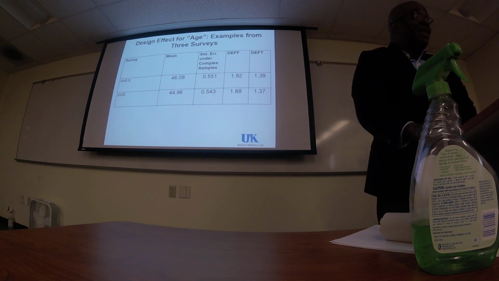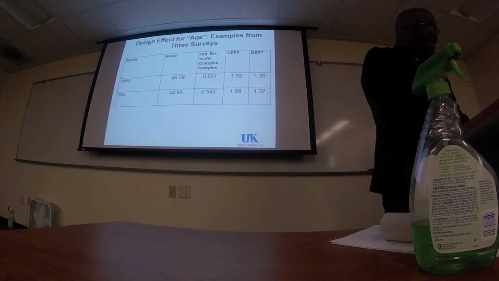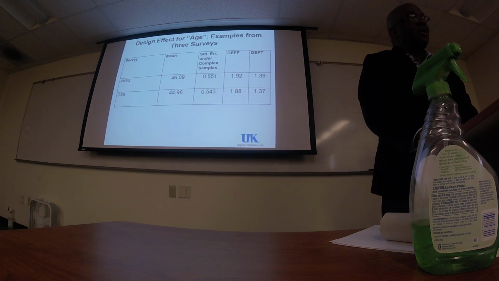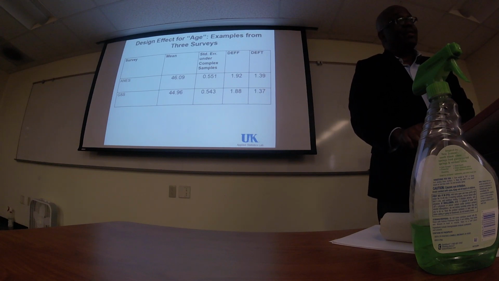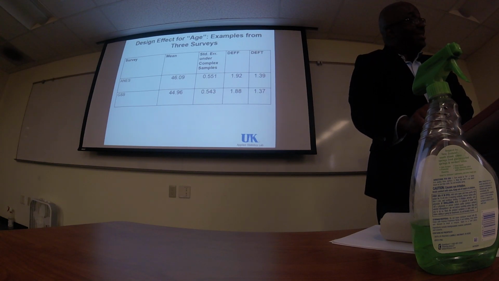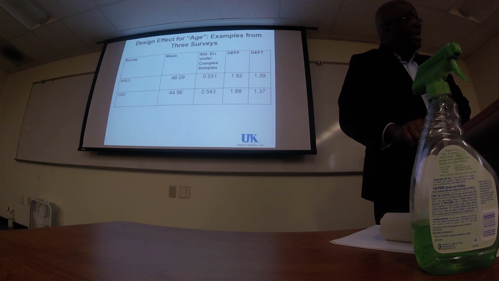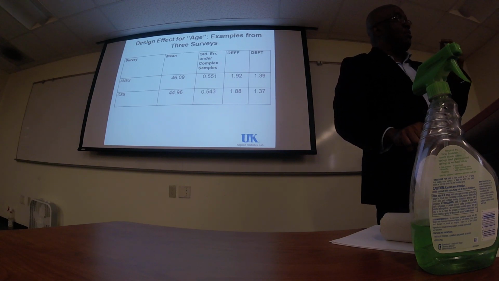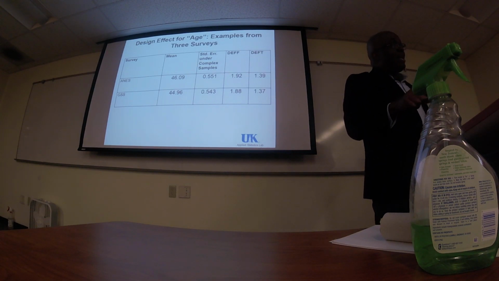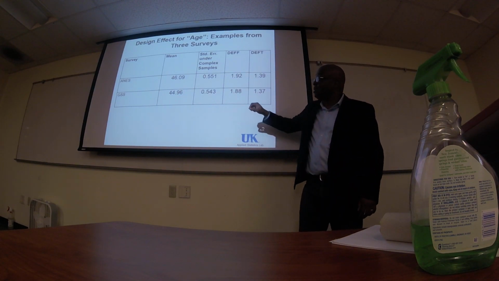That will be my variance on the simple random sampling. I go back and use proc surveymeans to calculate the estimate and the variance. That will be my variance on the complex sample. When I divide these two, the variance on the complex sample by the variance of simple random sampling, I will